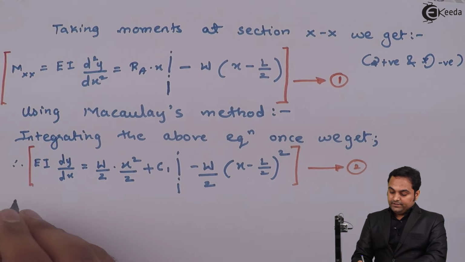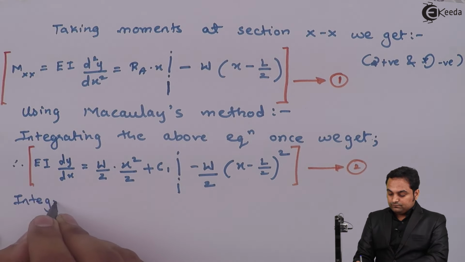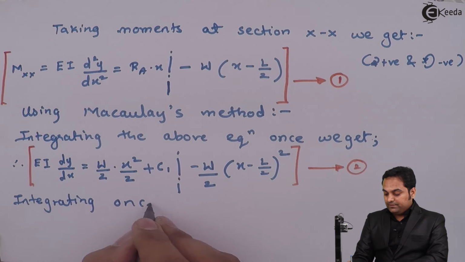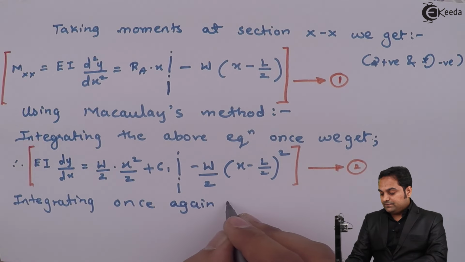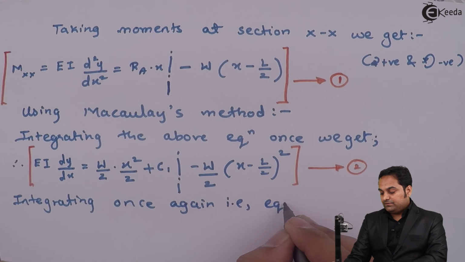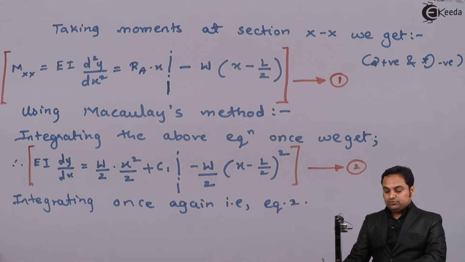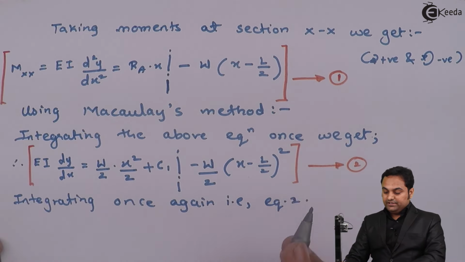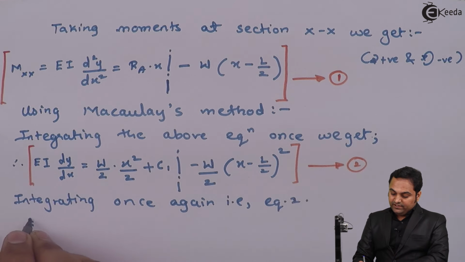Next, integrating once again, that is equation second. So now I am going to integrate the second equation, so we have EI will remain as it is,